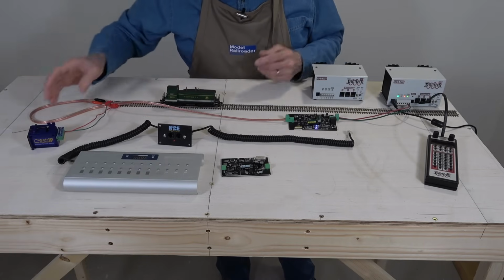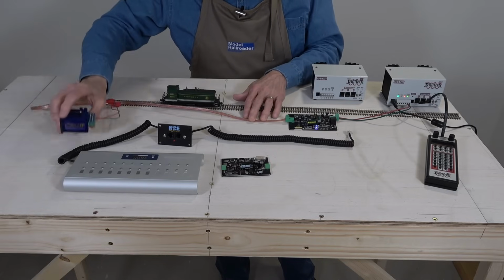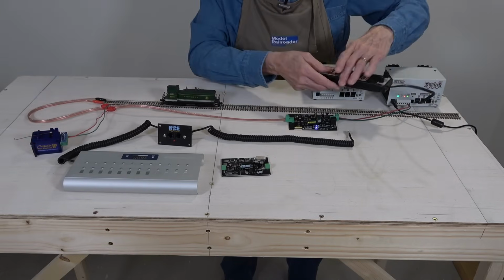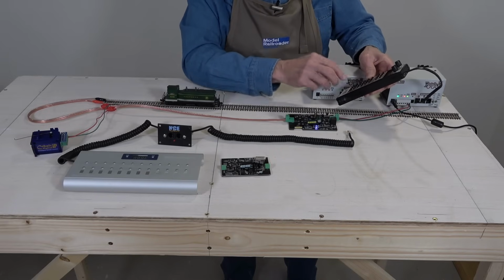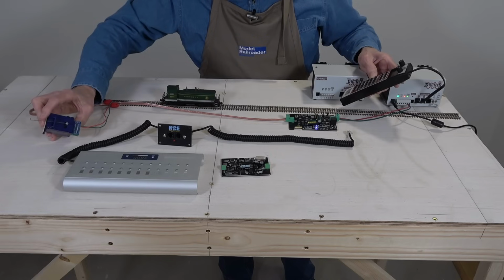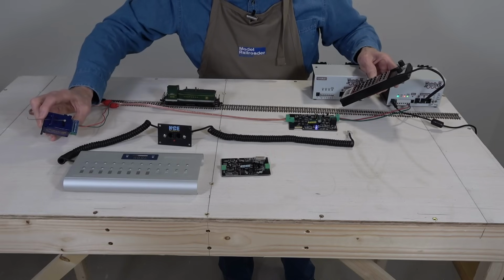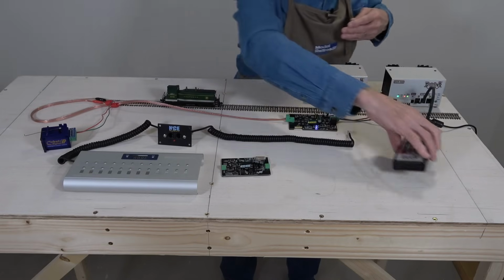And if I want to be able to control a turnout, like this IP digital point motor that I've got set up here, I can use the switch command in my throttle, and I'll go to switch, and it's set for 1. And you can see the little arm is moving here,